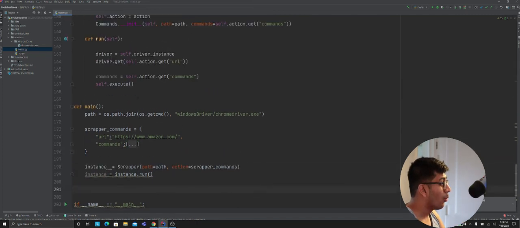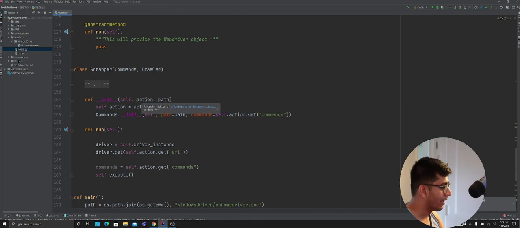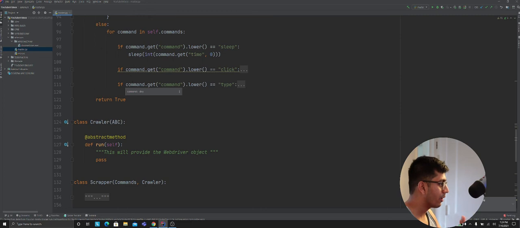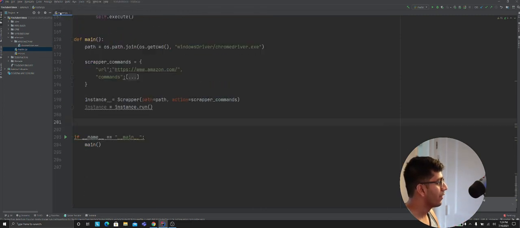So this is very generalized code. You can add a lot of things such as pagination. I already have the code for that, but I want you to try it out. I made the classes so generalized that they can crawl over any website, and support all sorts of pagination: click pagination, scroll pagination, all sorts of things. But I want you to just take this code, see how I've written it, and read about inheritance and stuff like that. Okay, let me just try to run this and show you.